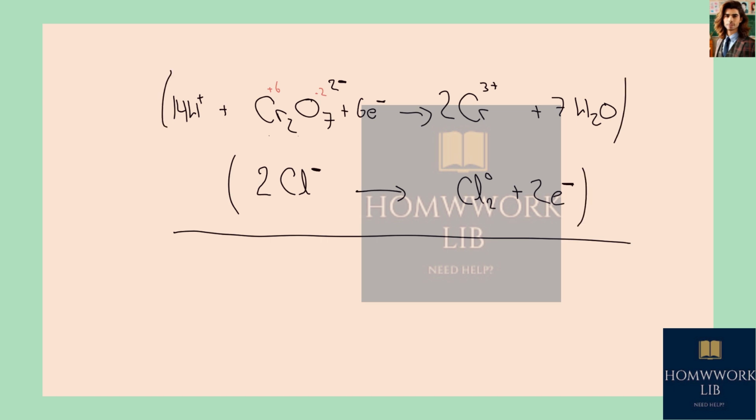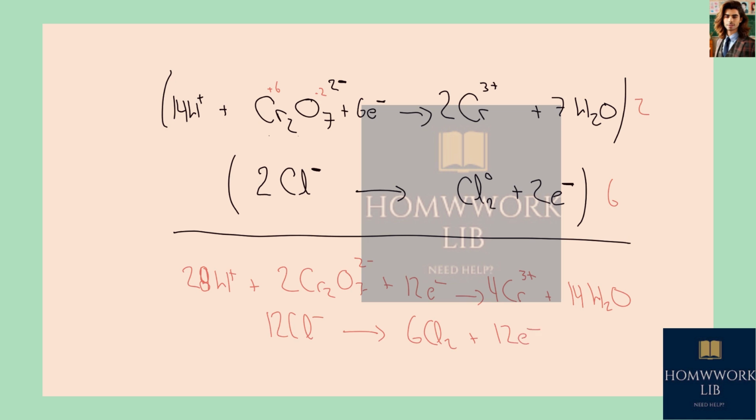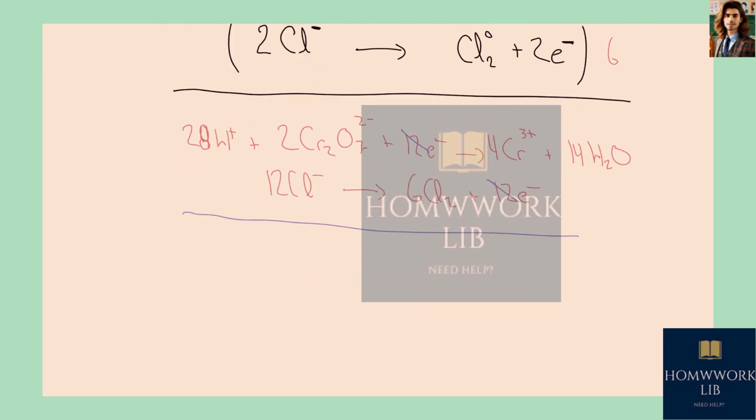That means that for my overall reaction, what we need to do is multiply by the number of electrons that we have on the other side. So over here we're going to multiply by 2, and over here we're going to multiply by 6. Thus, the overall reaction is going to be 28 H plus, 2 of dichromate, Cr2O7 2 minus, plus 12 electrons that are going to produce 4 of chromium 3 plus and 14 waters. Sorry, here not 24, 28 protons. Sorry about that. And on the other hand, we're going to have 12 Cl minus that are going to produce 6 Cl2 plus 12 electrons. Notice that the electrons are going to cancel out, 12 electrons with 12 electrons, and the overall reaction is going to be